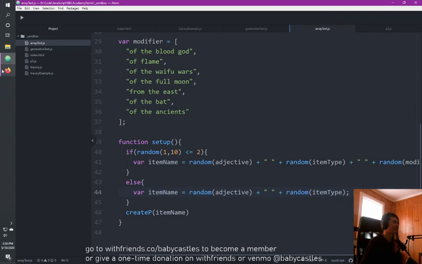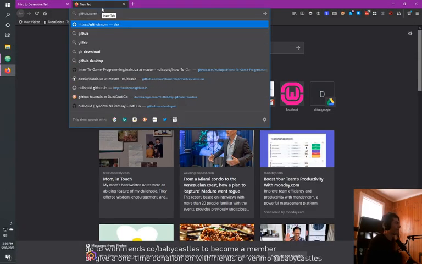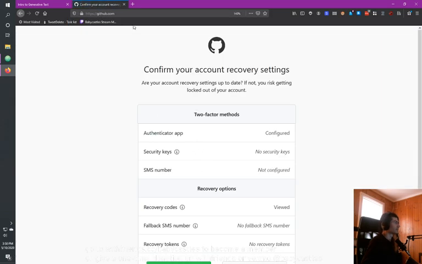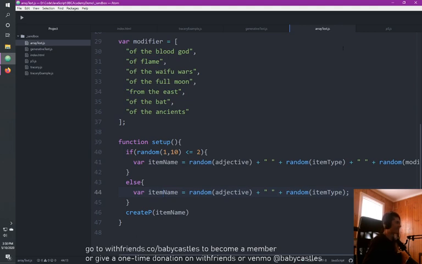So let me see if I could get to my GitHub and show y'all. No, GitHub doesn't want to let me into my GitHub right now. I'm not going to go through that on stream. But